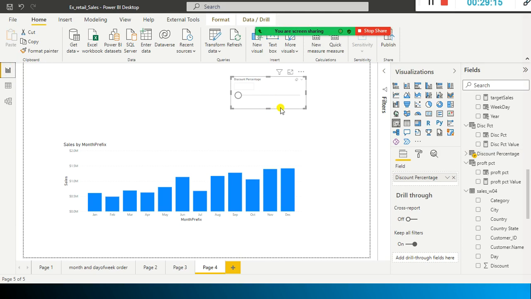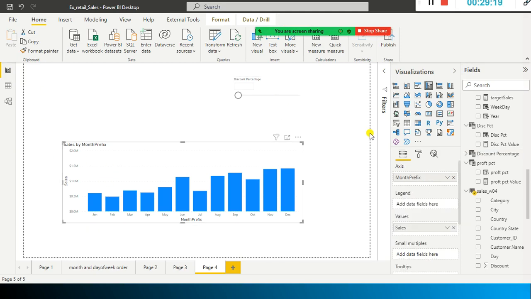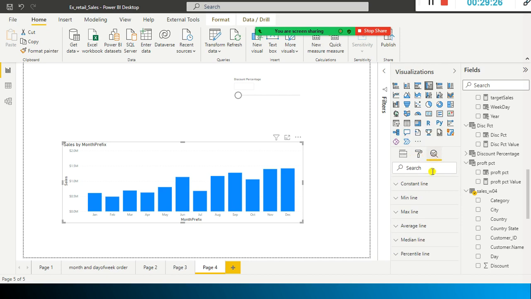To forecast how much revenue we can expect. For example, I select this one, and here we have the analytics. I go ahead and add a constant line. I'm going to say I want to achieve at least 0.7 million, 7 lakh, right? Look here, there is a line drawn.